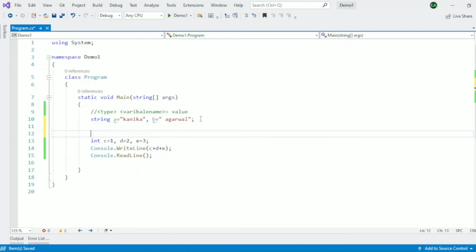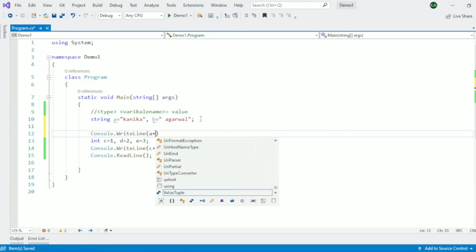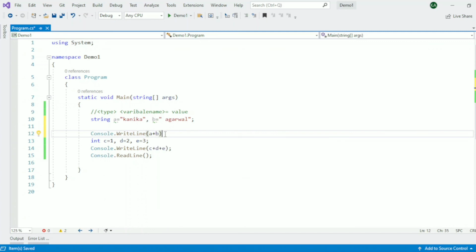Before, when we printed Console.WriteLine A plus B, it showed us the result Kanika and Agrawal. So here what will it print? 1, 2, 3 or the sum of C, D, E?